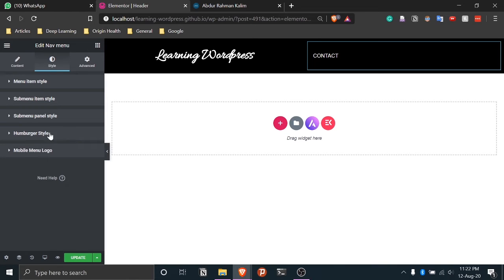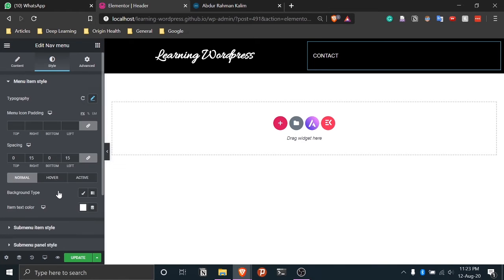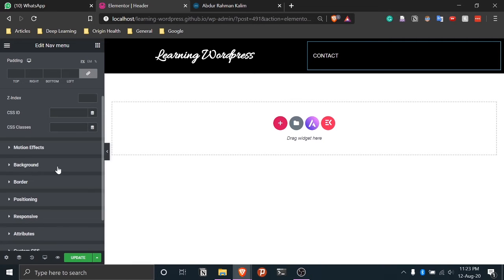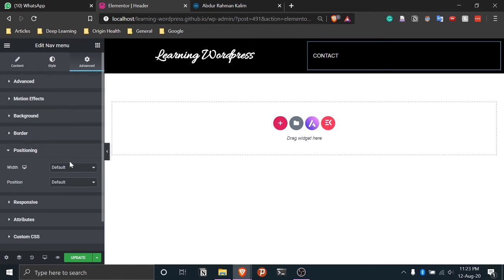There are tons of other features that you can try out here. So it's all about exploration, trying and exploring which way you like things to be. And here you can also choose the positioning, which way you want. Position is default; these things you can also leave as default.